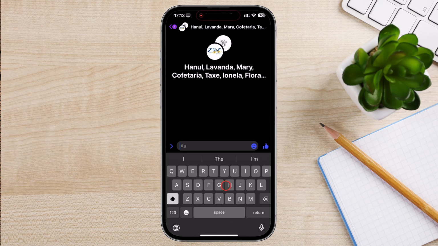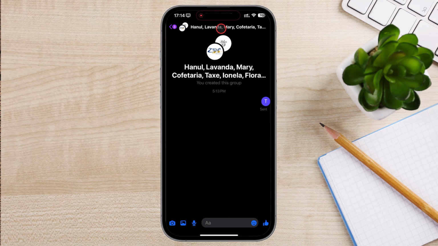After that, you will see 3 icons appear on the group. You can tap on Add to add new persons to the group. You can tap on Name to set the name of the group. Also, you can tap on the Theme button to add a theme to the group.